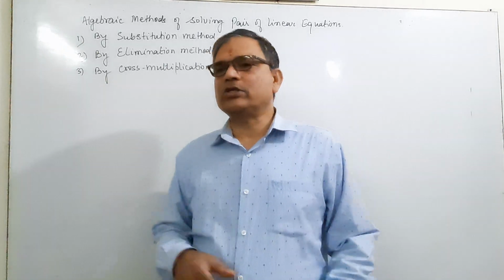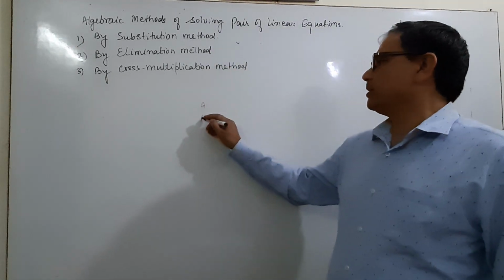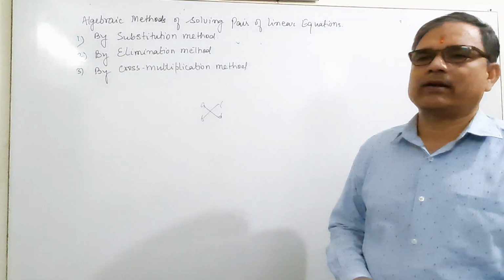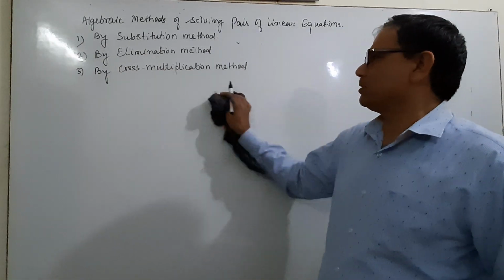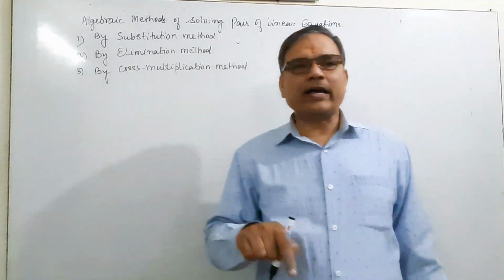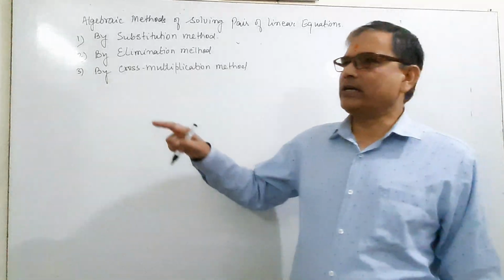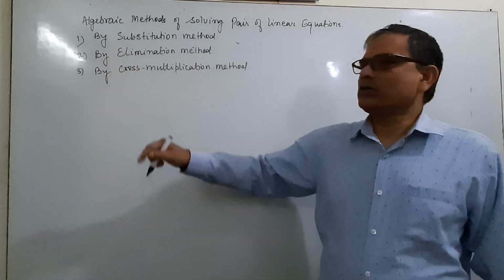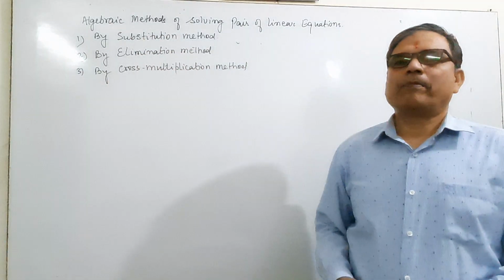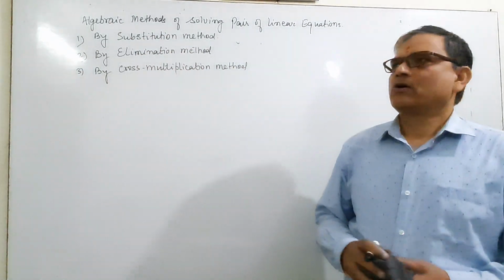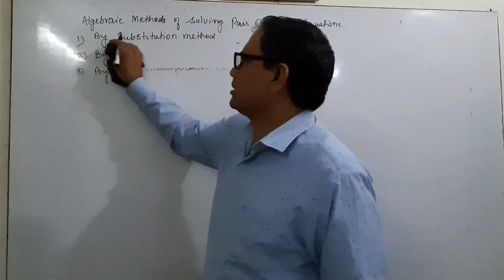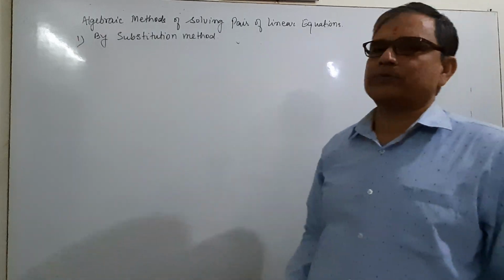Just as we have done, this will be a, b, c and d. We have to cross multiply. This is the cross multiplication. I think you know it very well. There are three methods by which we can find the value of x and y algebraically: substitution method, elimination method, and cross multiplication method. But today we will first solve by the substitution method.